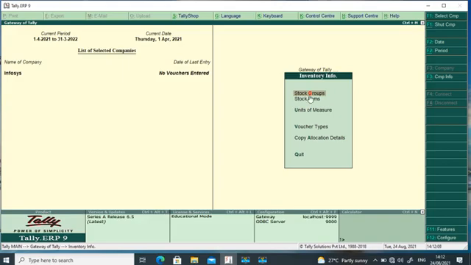We can see the stock groups, stock items, unit of measure, voucher type and copy allocation details as well as quit. So now in this video we will discuss how to create stock groups as well as stock items